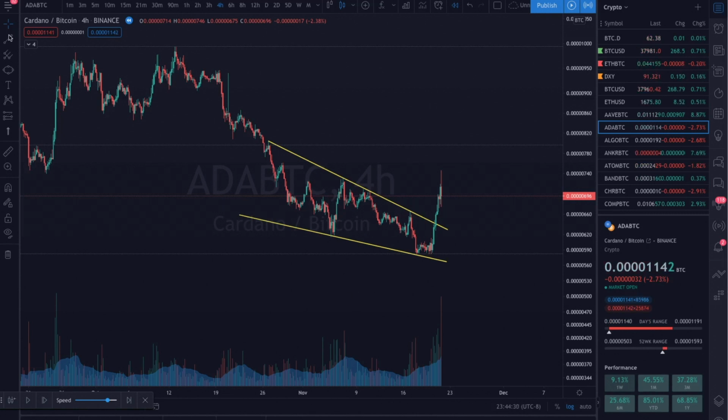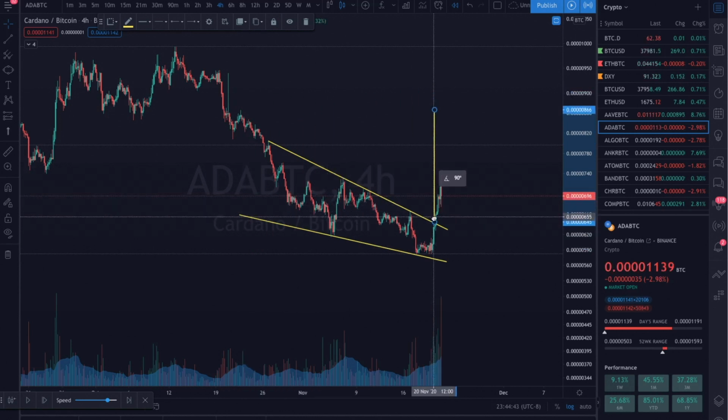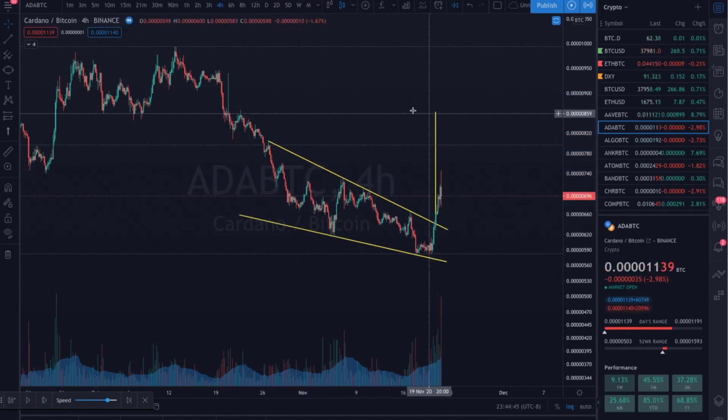measured move technique. So the measured move technique of the falling wedge is by taking the last touch of the lower trend line and then taking that distance all the way up to the first touch of the upper trend line and placing that distance at the point of breakout, giving you a measured move target of a breakout of